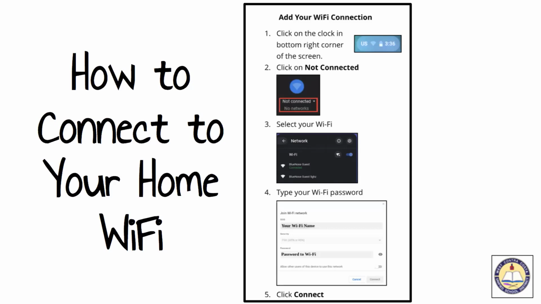You're going to select whichever is your Wi-Fi, so make sure you're picking the right one, put in the password, and click on connect, and it should just connect seamlessly, okay? So this is a really important piece. Like I said, you really need to be hooked up with Wi-Fi in order for this Chromebook to work the way we need it to.